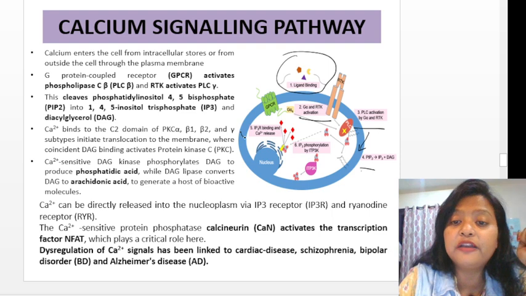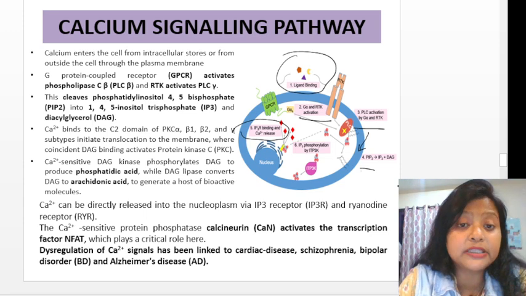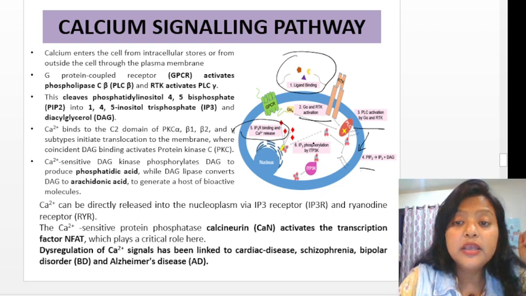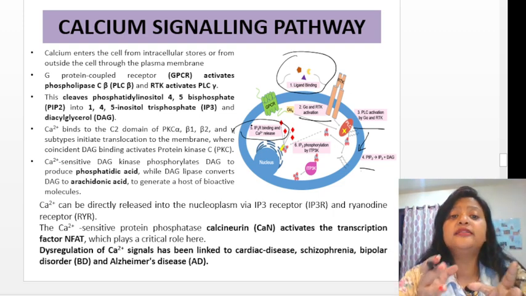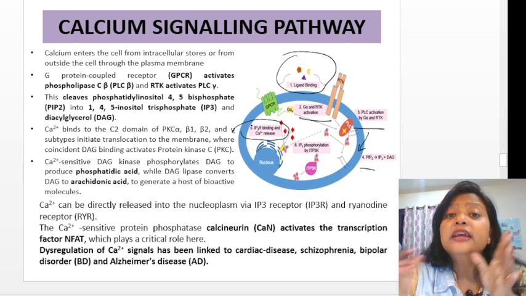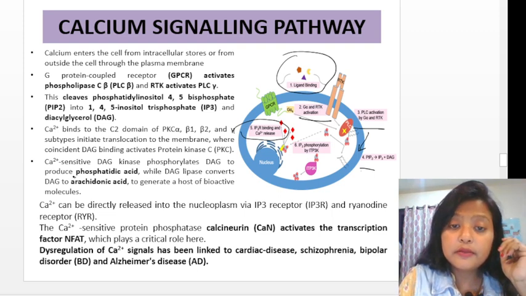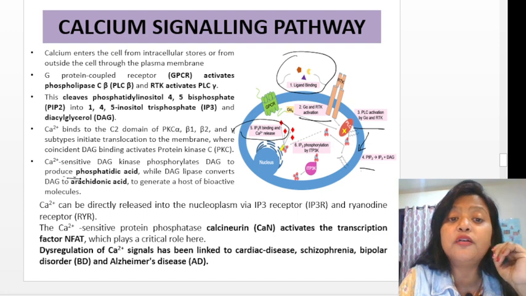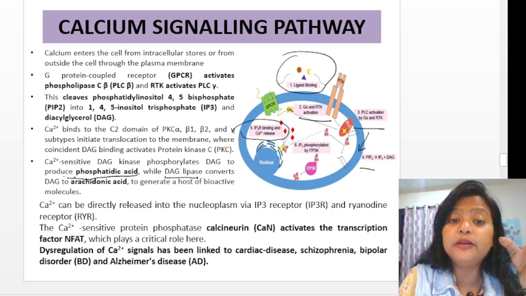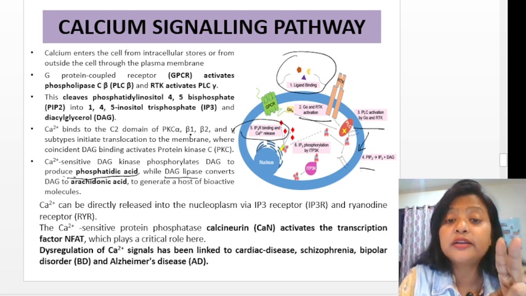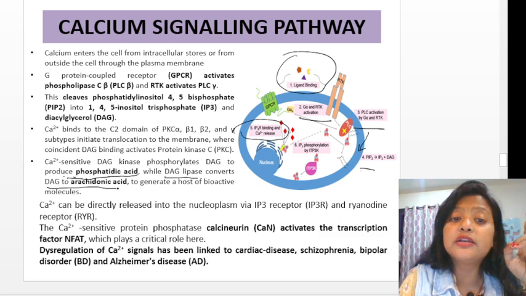नंबर 4 से आप 5 में आ सकते हैं। देखिए नंबर 5 में क्या हो रहा है, this will release Ca2+ ions, फाइन। और उसके बाद क्या होगा कि जो IP3 जो रिलीज हुआ था, उसने Ca2+ रिलीज किया है, ओके। और DAG क्या करेगा, PKC, मैंने ऑलरेडी बताया है कि DAG will activate protein kinase C, ये हो गया। And then ये जो आपका formation हुआ है Ca2+ sensitive DAG kinase, ये क्या करेंगे, DAG को फॉस्फोराइलेट करेंगे, फॉस्फोराइलेट करके it will lead to formation of phosphatidic acid and DAG lipase, remember. DAG kinase phosphorylates DAG to phosphatidic acid, और DAG lipase will convert DAG to arachidonic acid,